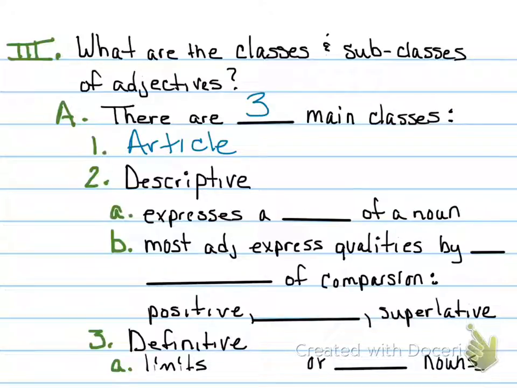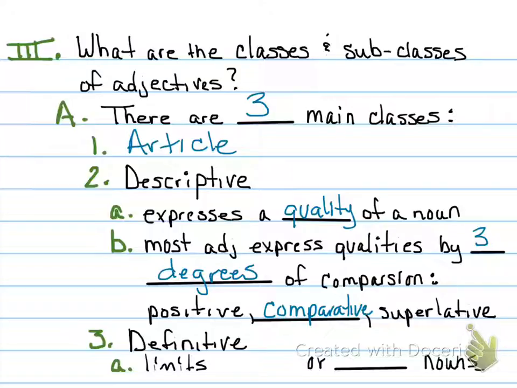Descriptive adjectives express a quality, as we said, of a noun. And most adjectives express those qualities by 3 degrees or levels of comparison. And we won't go into detail in this lesson, but just know that the 3 degrees are positive degree, comparative degree,